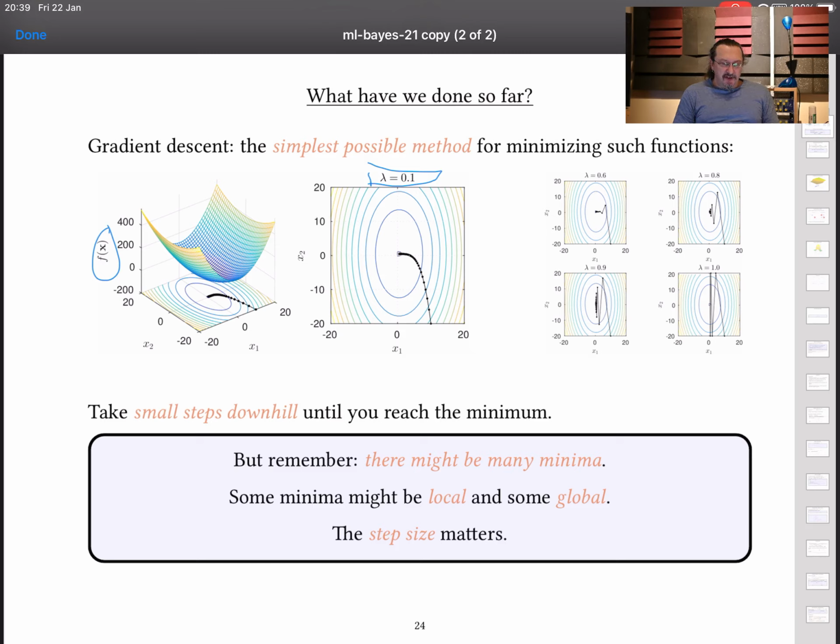But if I get my step size wrong, as in the 4 panels on the right, things may be rather different, and in particular, if I make my step size too small, my convergence is slow, and if I make it too big, then I can get all kinds of horrible oscillatory behavior. Okay, but that is a general method for minimizing a function simply by taking small steps in the direction of its negative gradient.